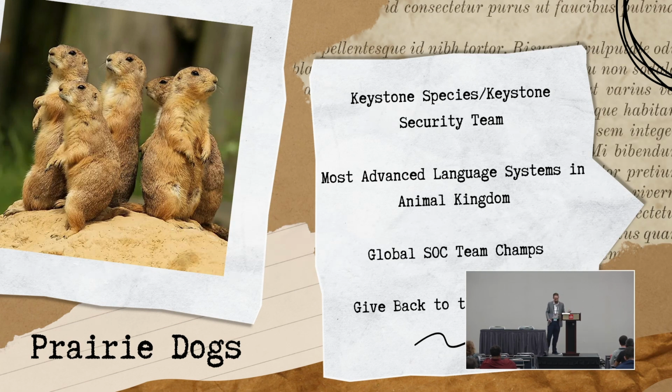Now, one fact that I did not know about prairie dogs prior to this in-depth study that I've done is that they literally have one of the most advanced and complex language systems on Earth. A lot of scientists claim even much more advanced than dolphins, some of our primate cousins, if you will. But the idea is these prairie dogs have an immense amount of ability to describe potential threats in detail and adapt behaviorally and alert the rest of the colony as things are happening. So for that, I give them the Global SOC Team Champ, and we'll get into some of the ways they alert and some of the aspects that they leverage this.